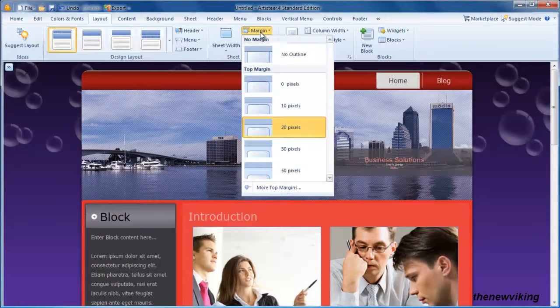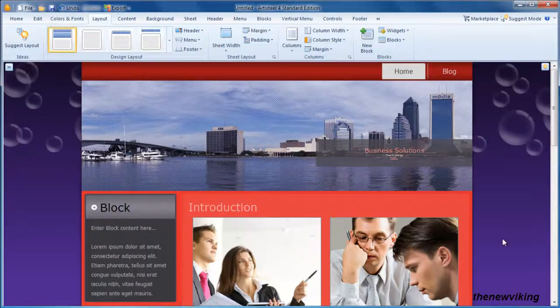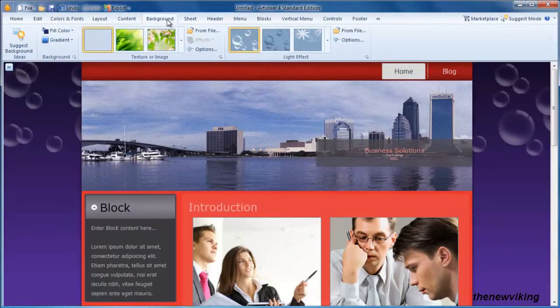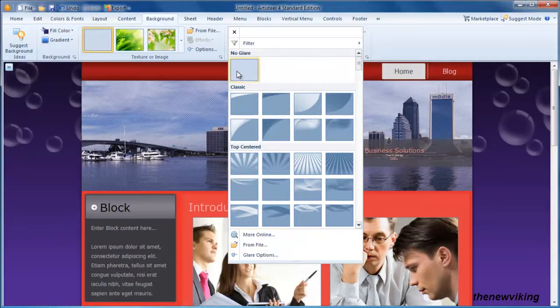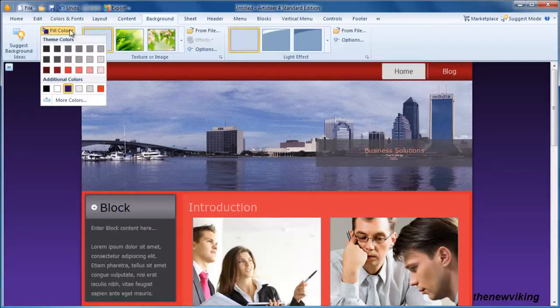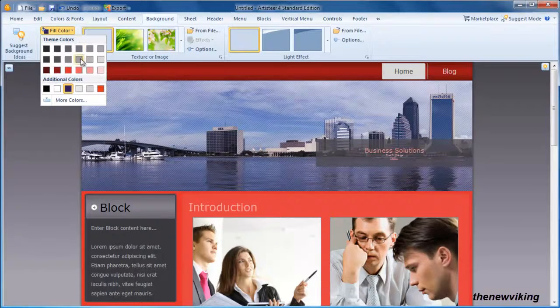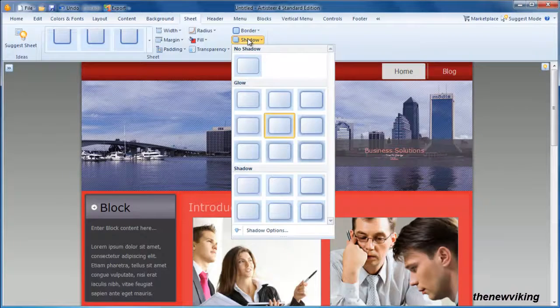Okay, and margin so, and backgrounds, no glare, and okay, so, and now we go back to sheet, shadow options,